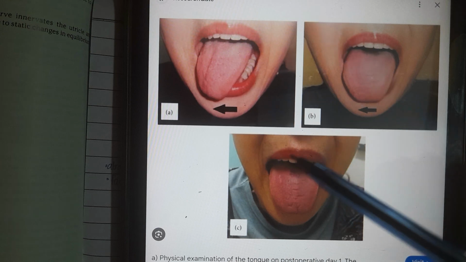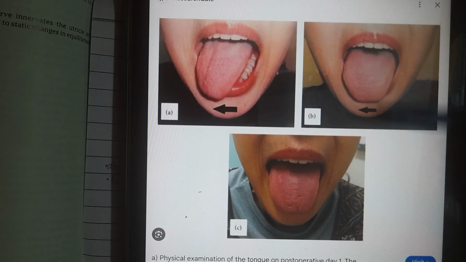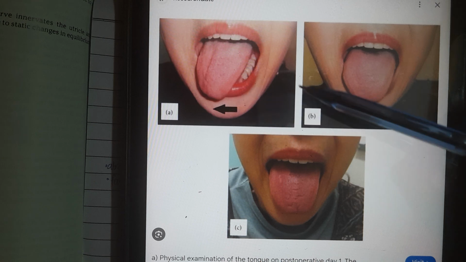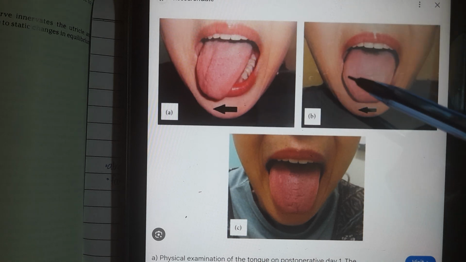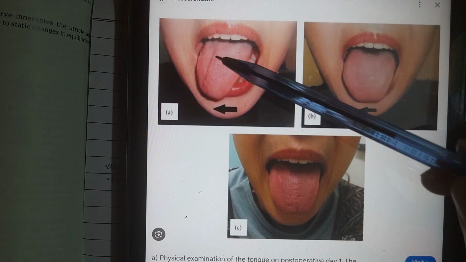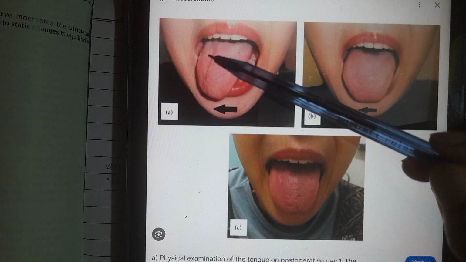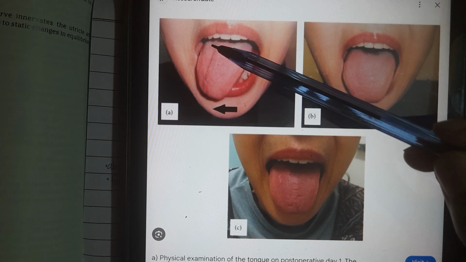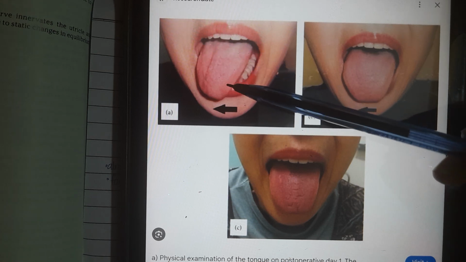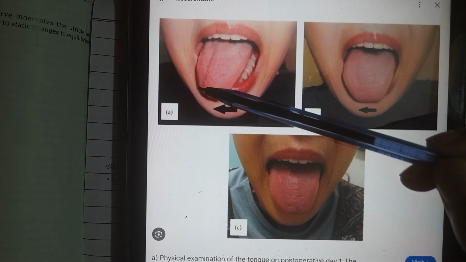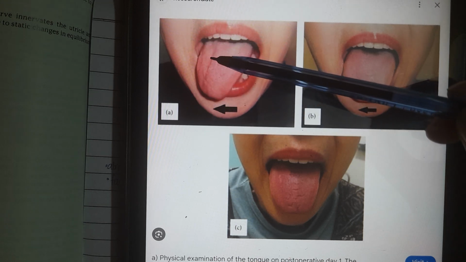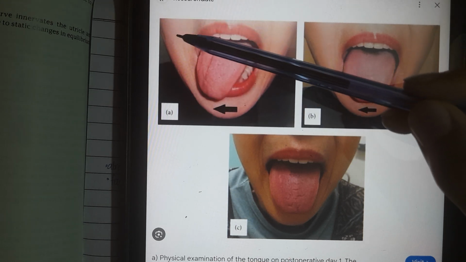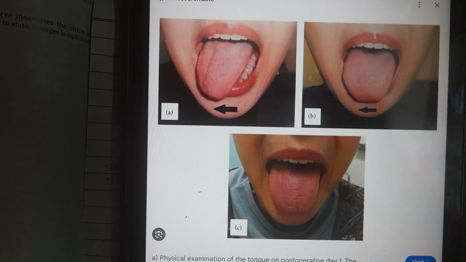So in case of any type of motor neuron lesion, instead of the tongue sticking out like this, the tongue either deviates to one side or the opposite side. So what does it mean? It means the side towards which the tongue is deviating, there is muscle atrophy. This side of the tongue has become smaller, as a result of which the longer side is going towards that side. Also, it means that this side of the lower motor neuron has some lesion and not the opposite side.